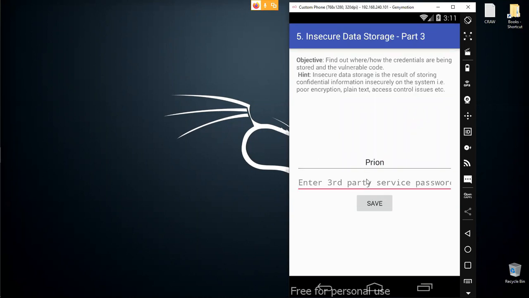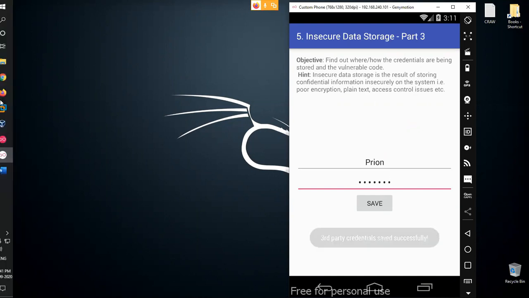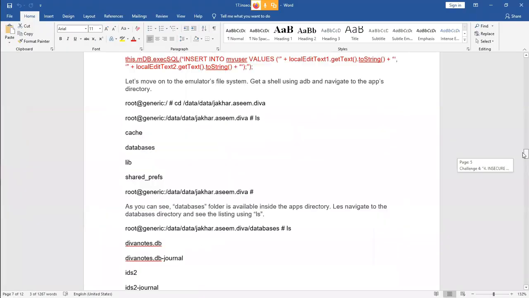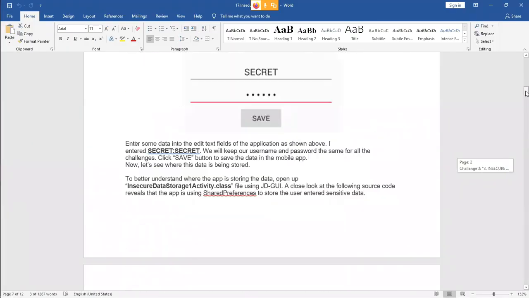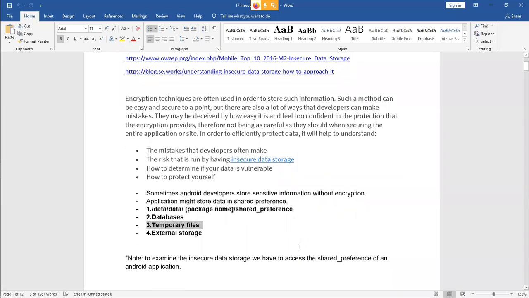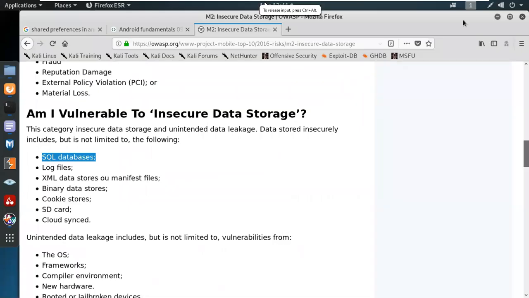Brian. Let's see, this data has been stored. Now the main thing over here in this challenge is that some of the data has been stored in your temporary files, temp files. Temporary files are the important part because your memory layout stores the data for a specific period of time. So in this, we're going to look for the source code in the